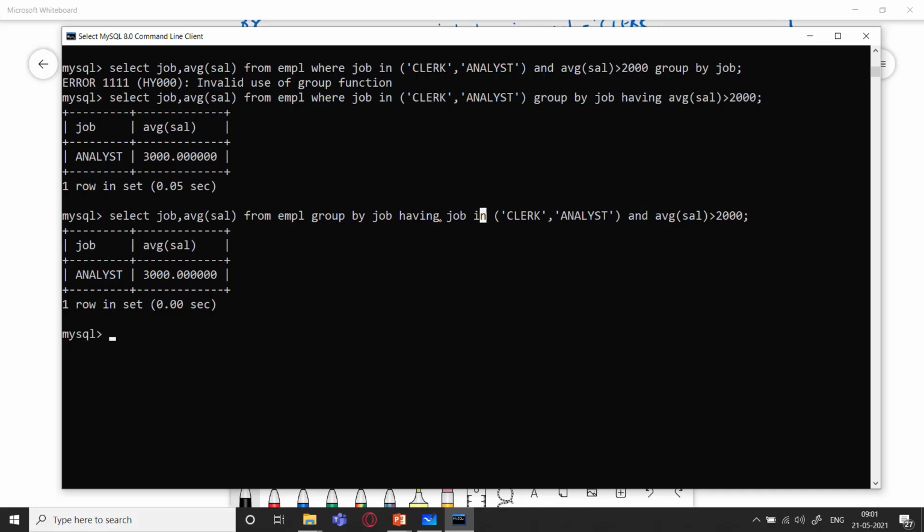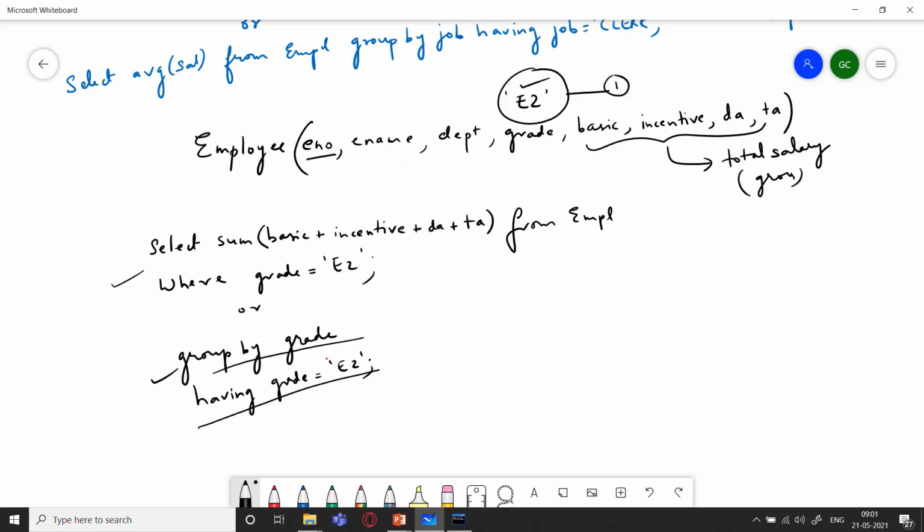So here both conditions have been applied using the having clause with an and in between. So you saw how in different ways we can manipulate a certain query. You have multiple options. So in your exam also you can write different variants or different versions, but provided all of those versions should give you the correct answer.